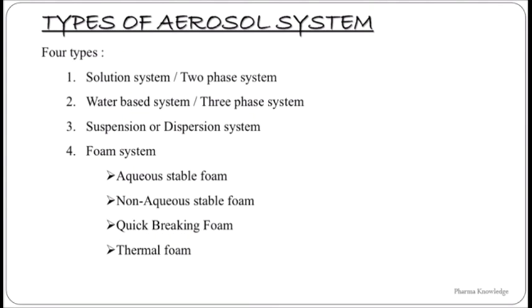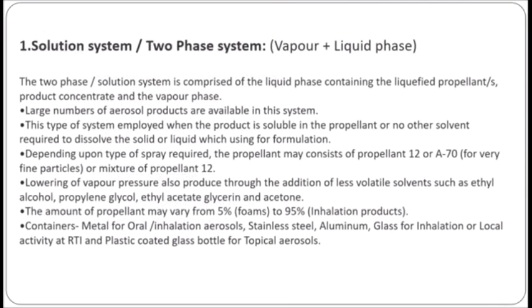The first one is aqueous stable foam, for steroids and antibiotics, aerosol foam in which surfactants that show some solubility in propellants are most effective, as the concentration of hydrocarbon propellant increases the stiffness. And also the non-aqueous stable foam. In this non-aqueous stable foam the suspending agents used are polyethylene glycol or propylene glycol monostearate. These are the most effective emulsifying agents.